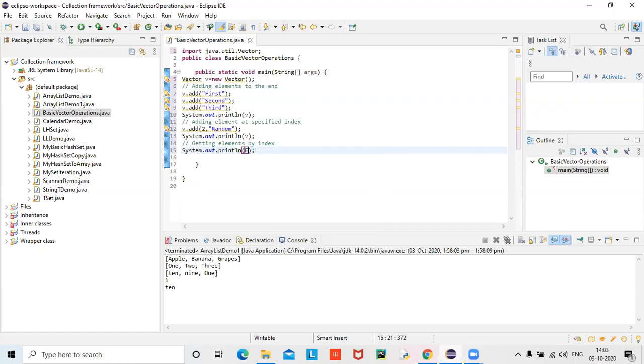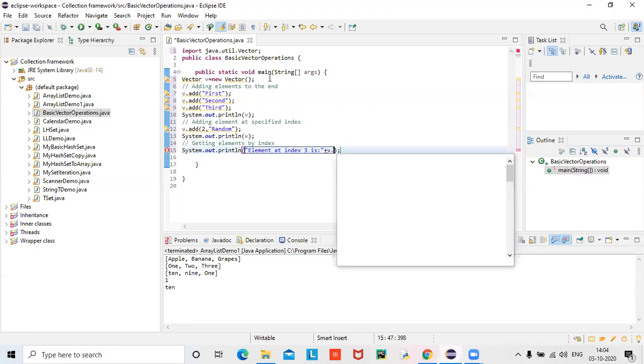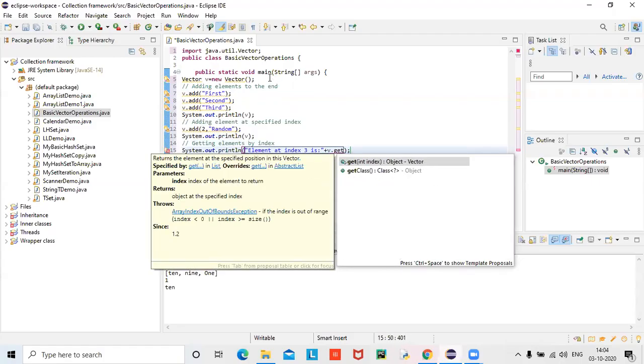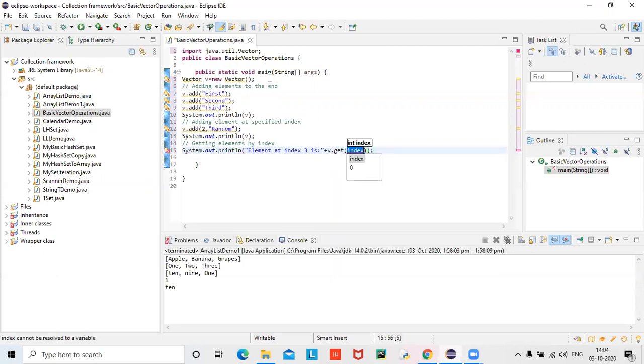Let me write: element at index 3 is, plus v dot get is the method. Third position, some element is there. See, immediately it is pointing index. Let us provide index. It is giving a hint also. Now I want to get the first element.